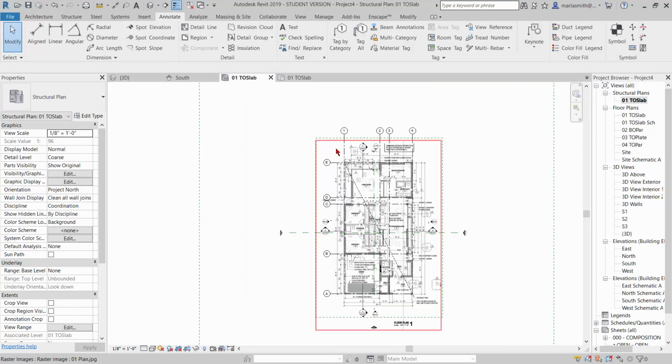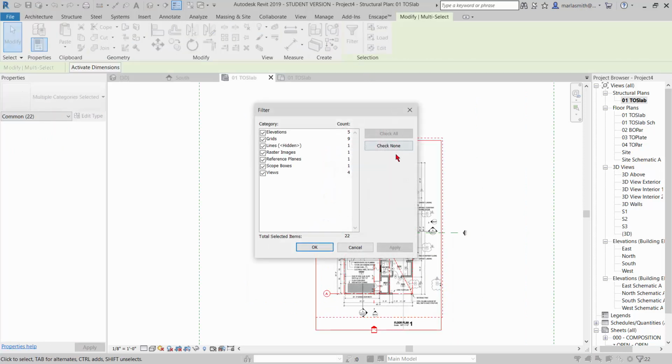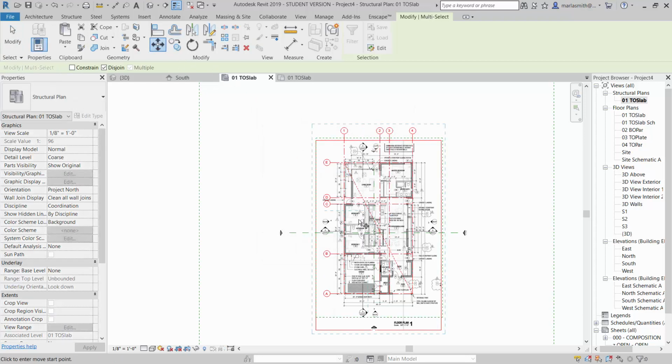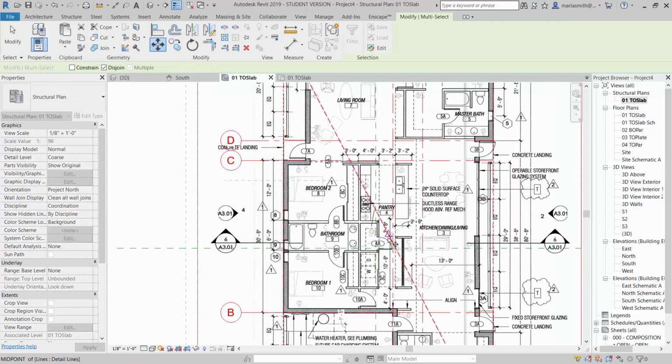Then I'm going to grab everything kind of indiscriminately and go to my filter, and I'm going to get rid of everything but the raster image, the lines, and the grids. I'm going to click OK, and then go to Move, and I'm going to pick the midpoint of that